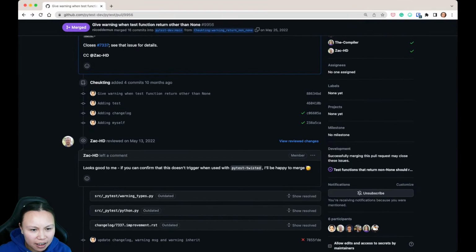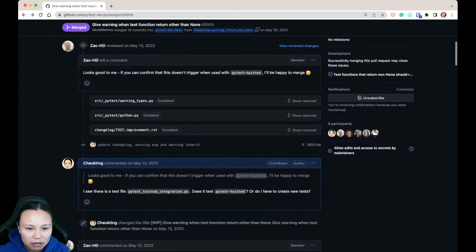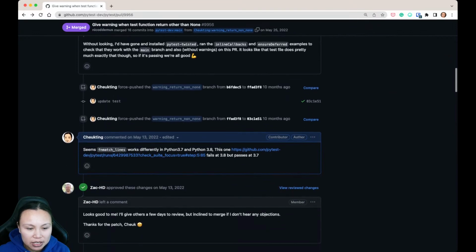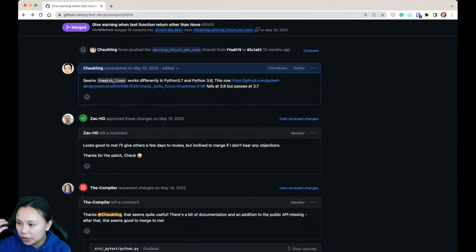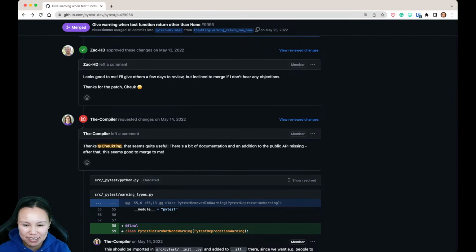So for this one, I made a lot of different pushes, because I have Zach as a mentor to review some of my code, and there's a lot of back and forth. This is a very typical pull request that leads to a lot of communication, a lot of thought about whether the fix would work in the big picture. Does it work for all the different Python versions? Does it not break other things? That's very important.